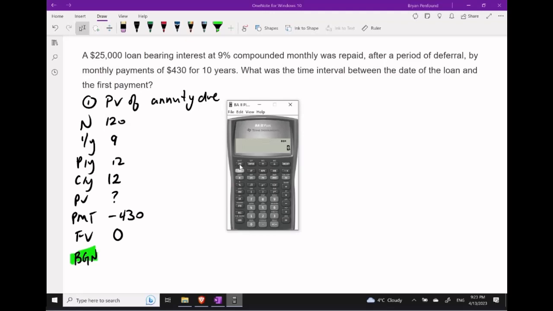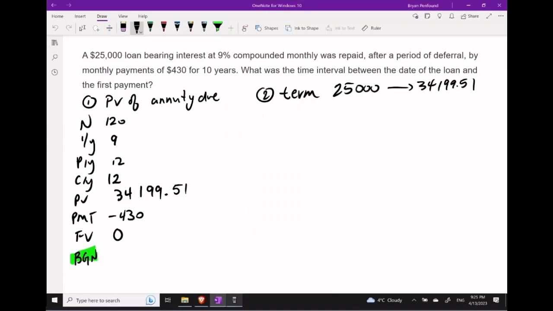I'm going to go ahead and quit the submenu so that I can get the equal size payment of $430 in as a negative value and our future value of 0. I'm going to ask my calculator to compute the present value of this payment stream. And we get about $34,199.51. Knowing this, our goal now becomes to try to determine the term in which our loan of $25,000 is going to increase to this